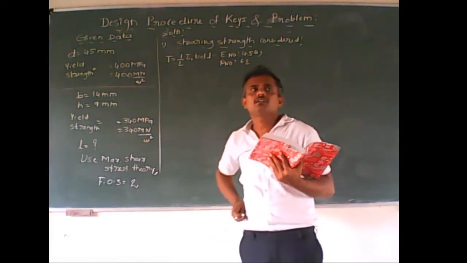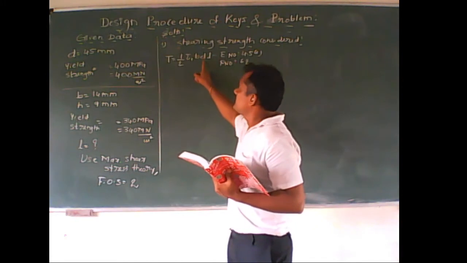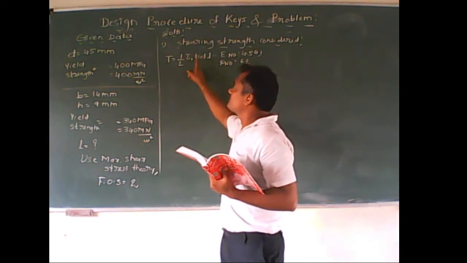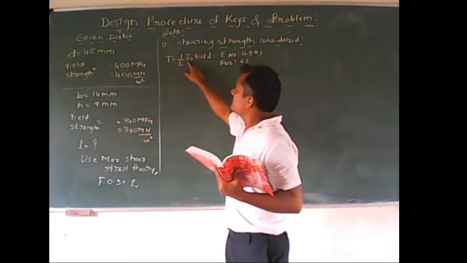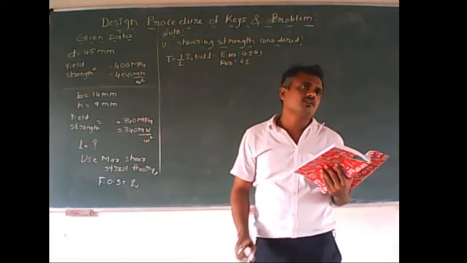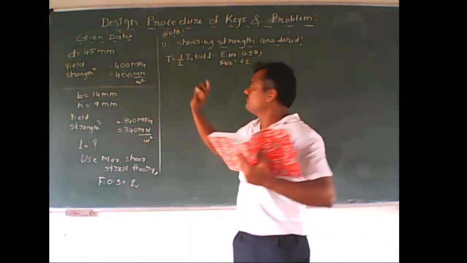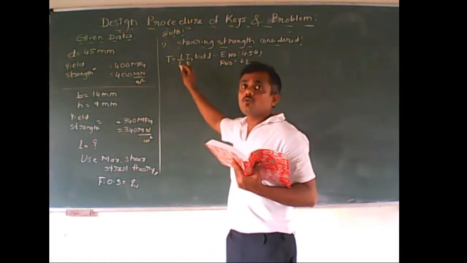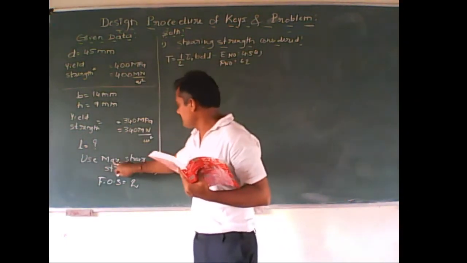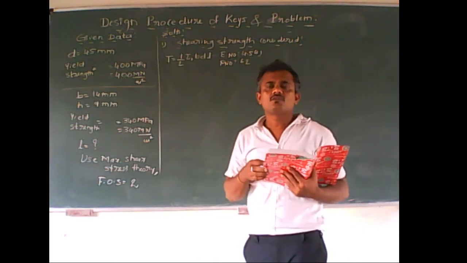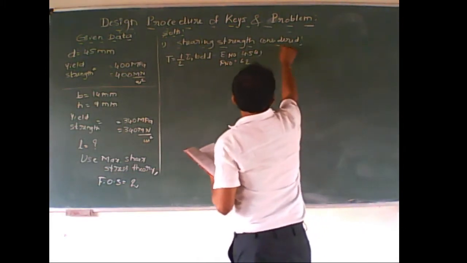Please concentrate. Here length we have to determine, diameter is given, b is also given, torque is to be determined, and what about the tau 1? Has it been given? Shear stress? No way. Here we have to first calculate tau 1. How to calculate tau 1? That is by using the maximum shear stress theory. First we will determine the tau value by means of the maximum shear stress theory.